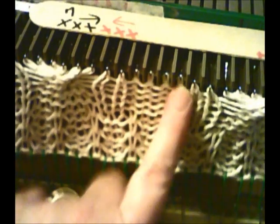Okay, now I'm going to take this one because of my pattern that I'm following. I got two, and those are going to stay